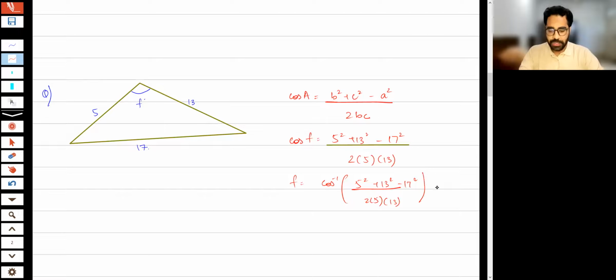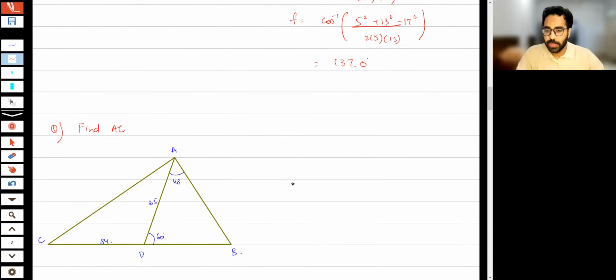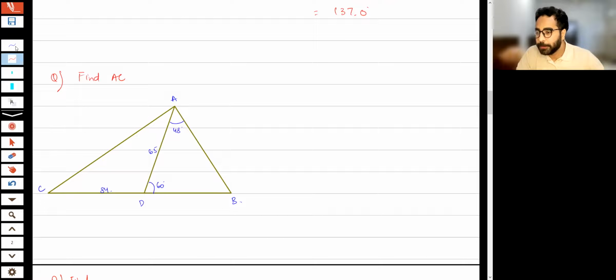2 into 5 into 13, let's find क्या आंसर आ रहा है। 5 squared plus 13 squared minus 17 squared over 2 into 5 into 13, getting the angle as 136.95, ठीक है, so I can write that as 137.0 degrees. सही है, अब थोड़े से और सवाल कर लेते हैं।